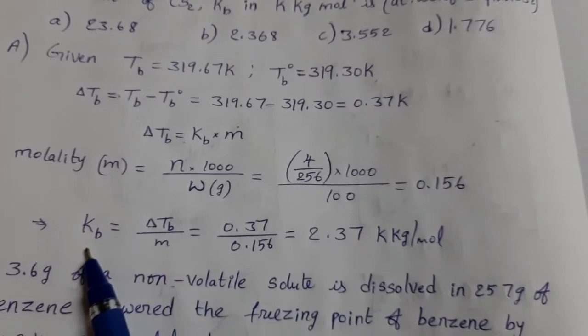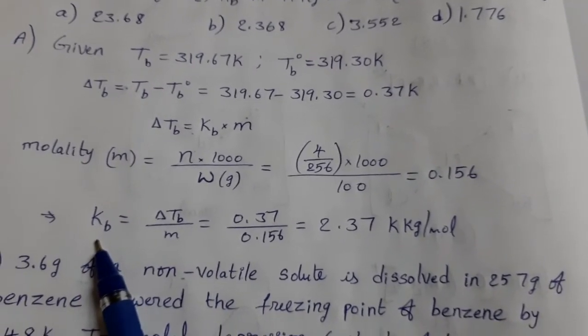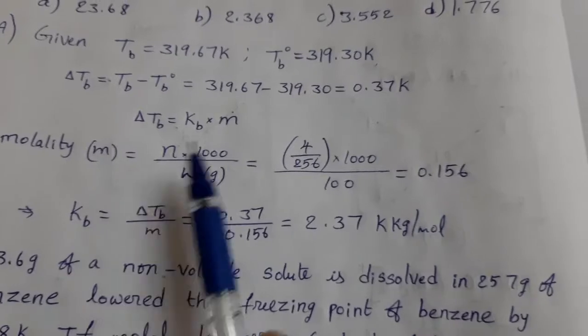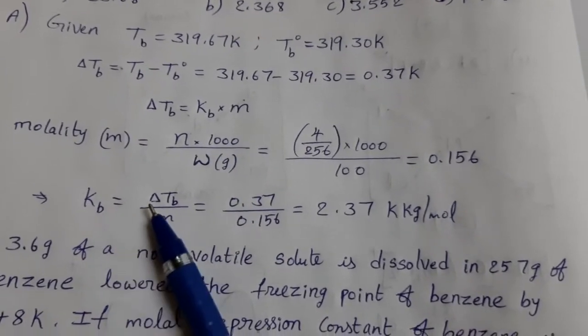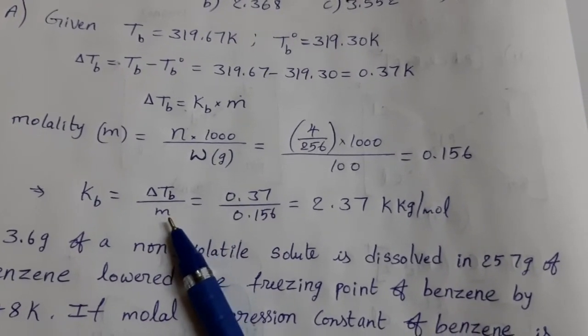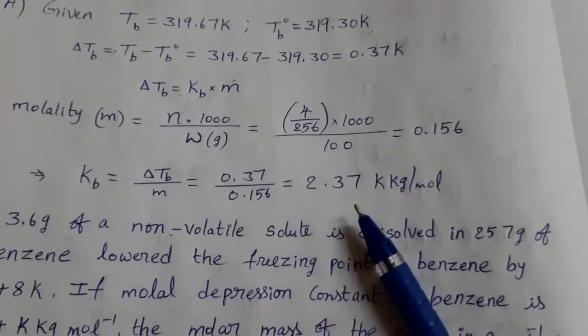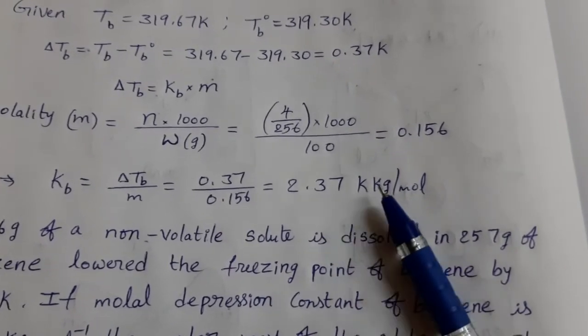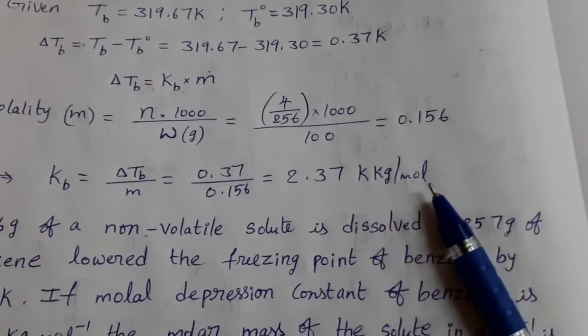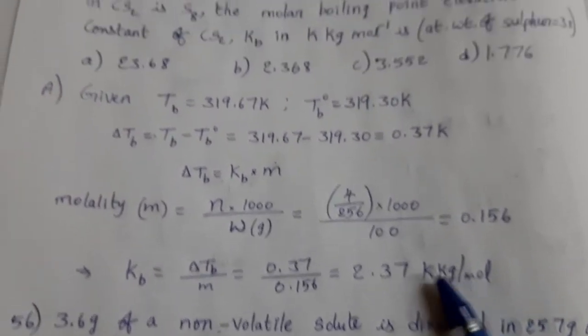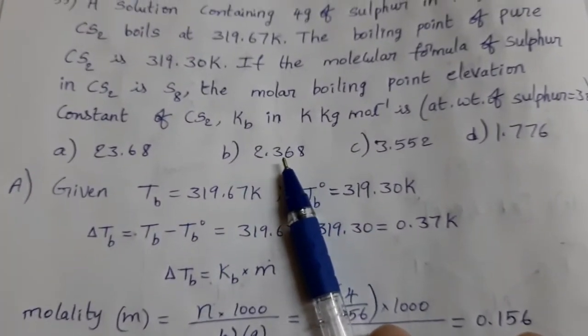We want the boiling point elevation constant Kb. From this we can write Kb equal to delta Tb by m. Substitute the values, we can get 2.37 Kelvin kilogram per mole. Then what is the option? Option B is the answer. Next,